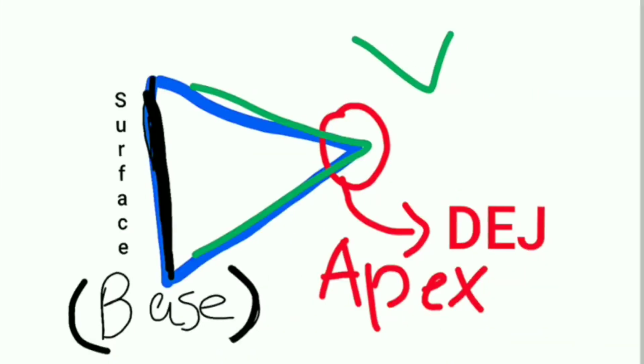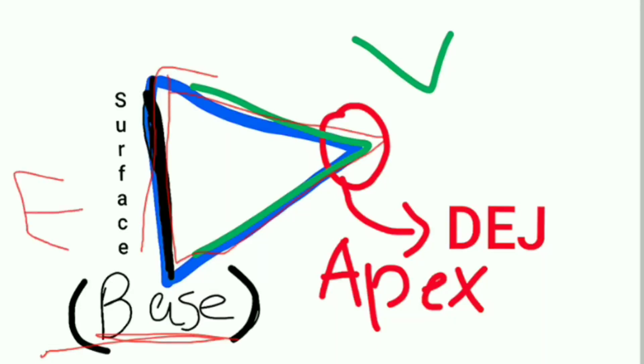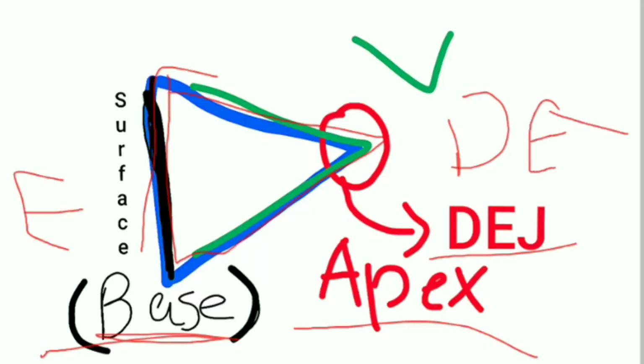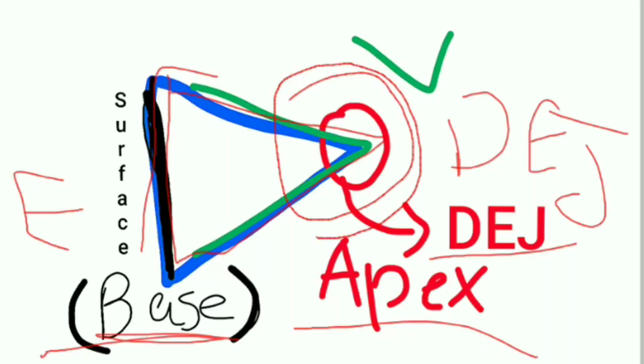You can see this is our lesion, this is our surface. This is the base, or surface, toward the enamel, while this apex is toward the DEJ. So here a lesser amount of carious dentinal area, or less carious involvement toward the DEJ, is seen. So this is our histopathological finding.